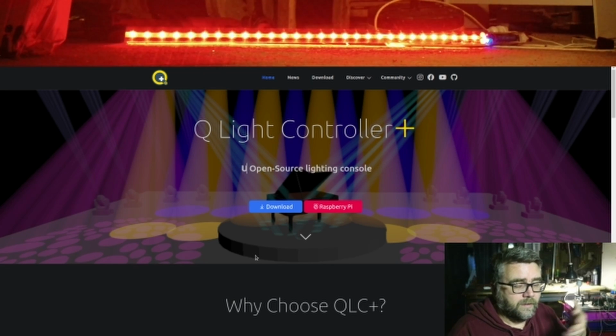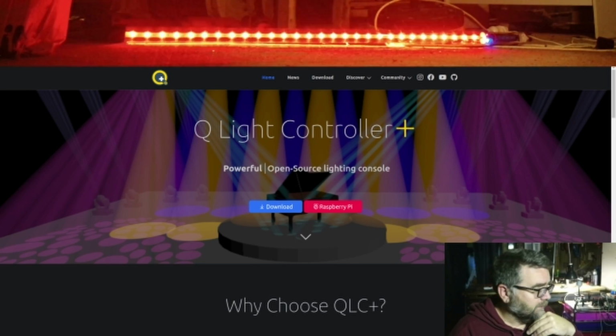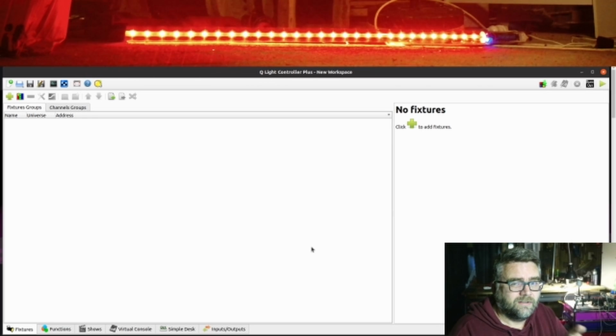Once you've downloaded the software, you just run the executable and away it goes, and you can start running it, and this is what it looks like. Now I'll tell you right now, I'm by no means an expert on this software, but if you've got a WLED and you want to get started, or if you're already in DMX and know this software thoroughly, this is just a quick tutorial to get you up and running with these WLED lights as a node, and